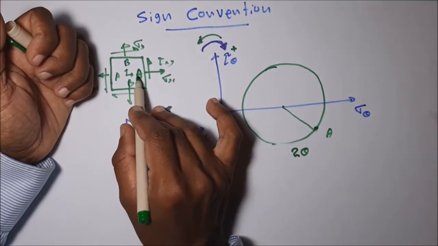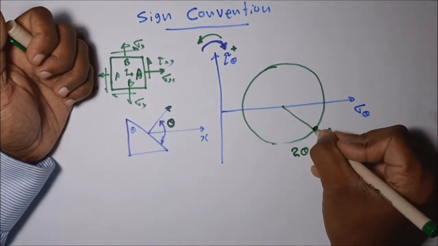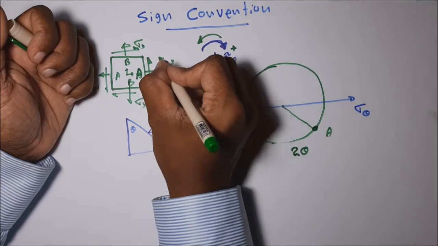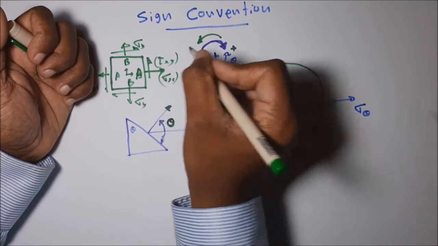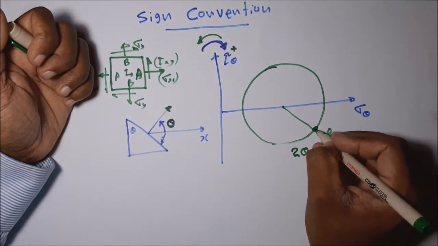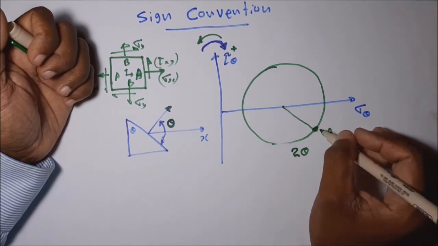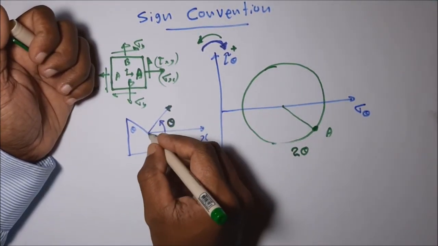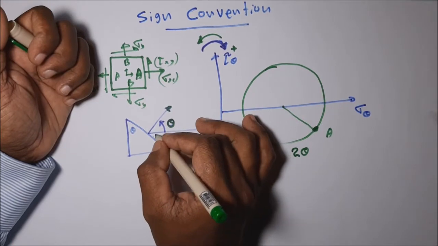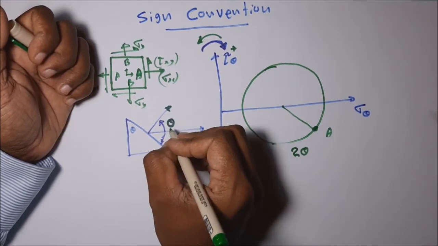If you mark this point A on this Mohr circle diagram, we have these two values, sigma x and tau xy. Then we can easily mark this point A. With reference to the point A, we are marking the stresses on other planes. In that way we need this